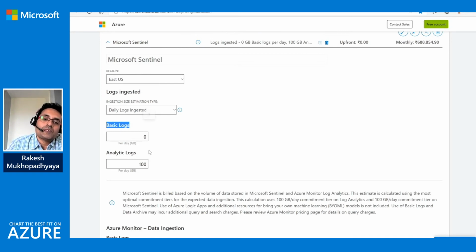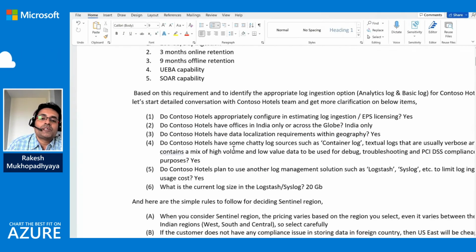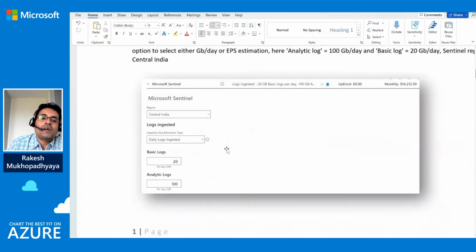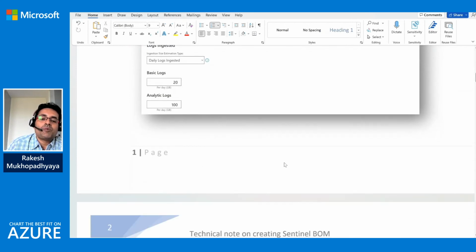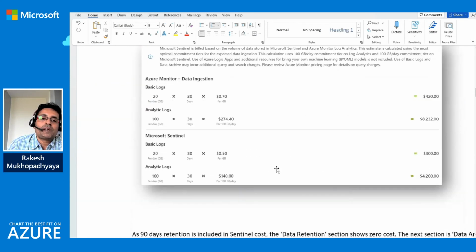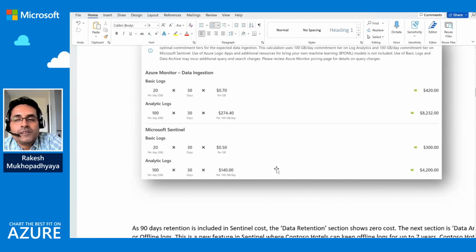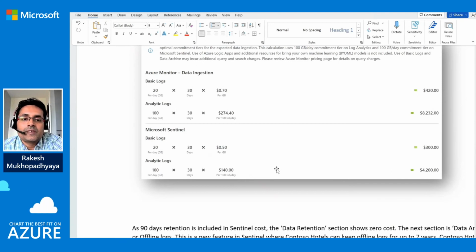Okay, so for my sample BOM, I am considering 20 GB as basic log and 100 GB as analytics log. Once I put these numbers in these boxes, the next screen will automatically come. As you see in the Sentinel BOM, there are two items: one is Azure Monitor data ingestion cost, and the other is Microsoft Sentinel ingestion cost.